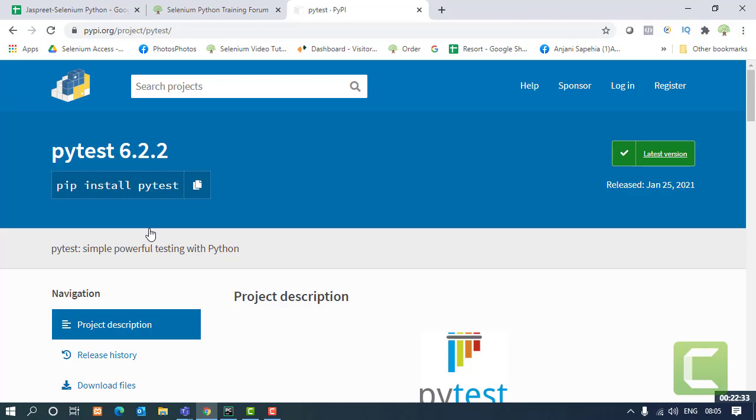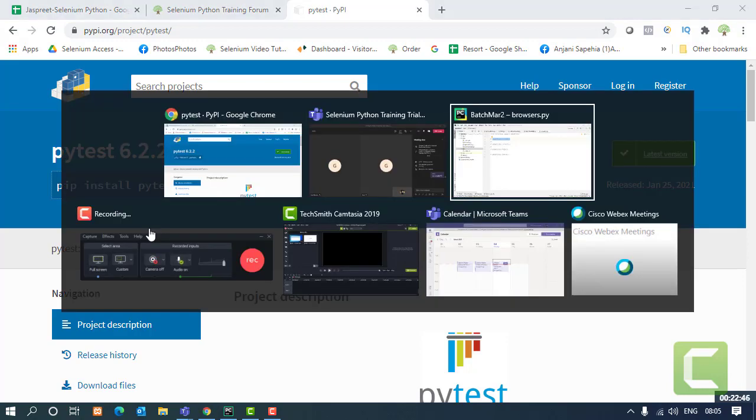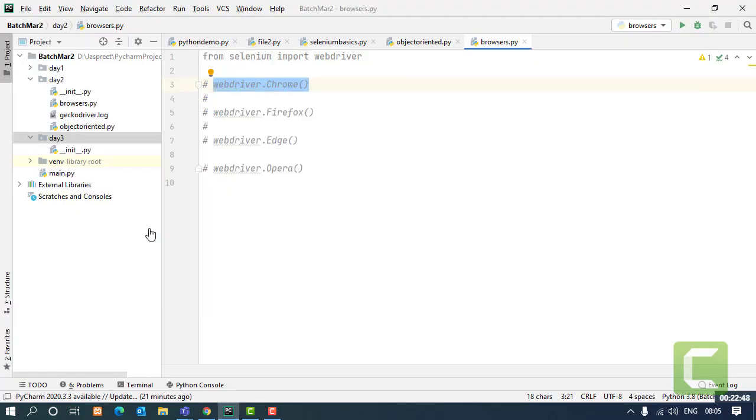You're going to get it into your system. Simple command, you'll run on command prompt and your package will be installed into your system. Okay, once the installation in your system is done, then what next you need to do is you need